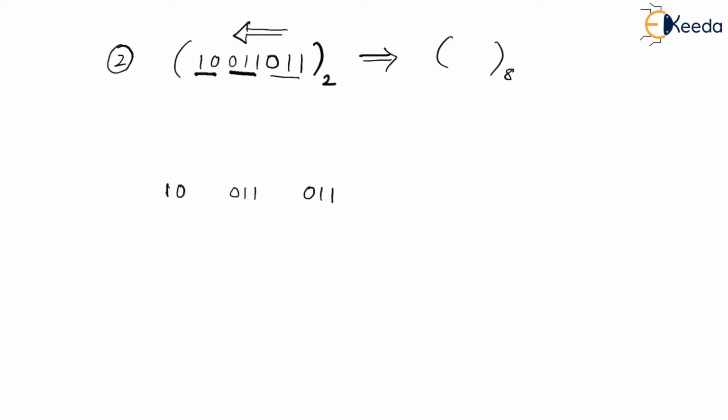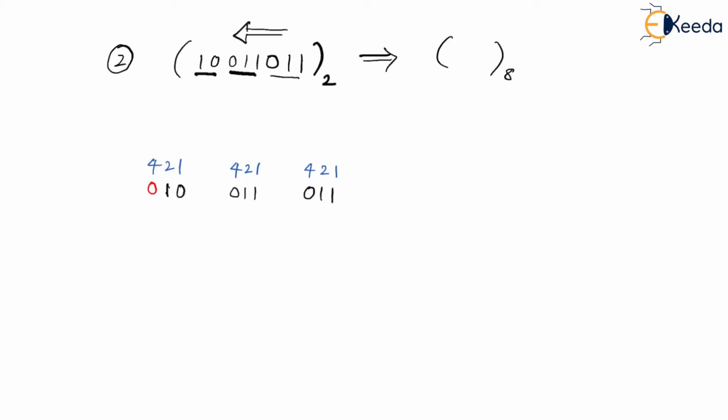But as I said, you have to make groups of 3 bits. Where 1 bit is lacking, you can fill that void with the help of logic 0. That's it. Now you can see that every group consists of 3 bits together. On top of that, you are going to write their respective binary weights, that is 4 2 1, 4 2 1, 4 2 1.